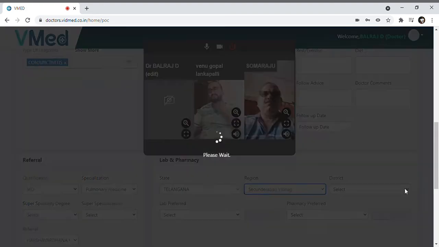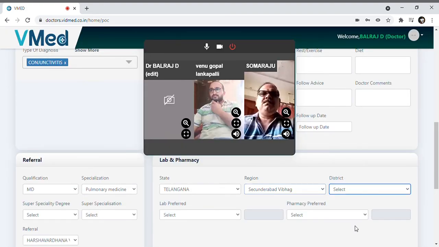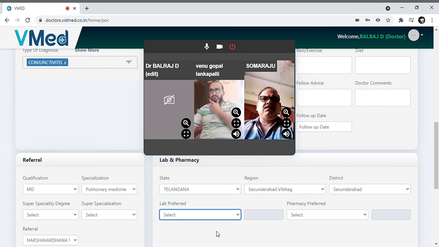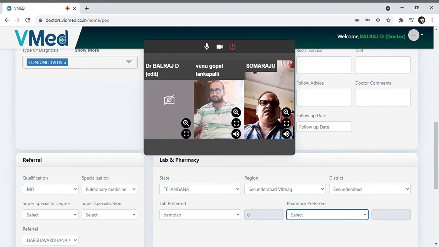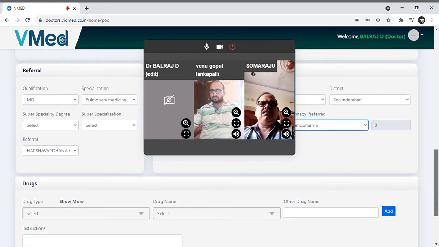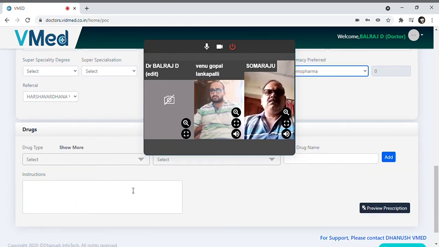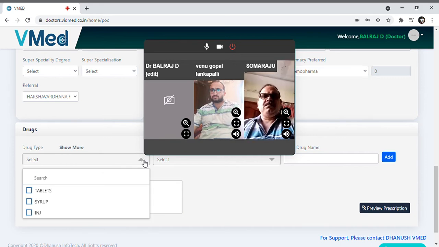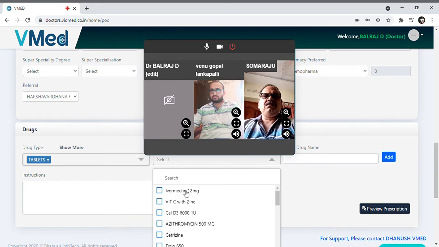So for our records we have created only some available things, but we need to select the patient details from where he is, from which region. The region we have tied up with the labs and pharmacies so that the patient can go to the concerned lab and also the concerned pharmacy and get them taken through our prescription which the doctor gives at the end of the session.